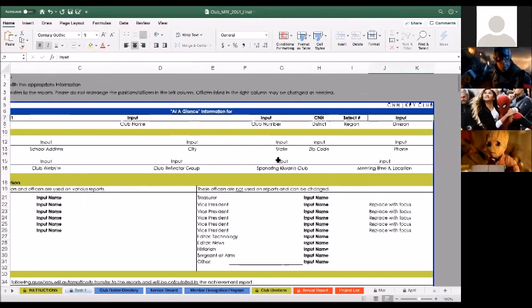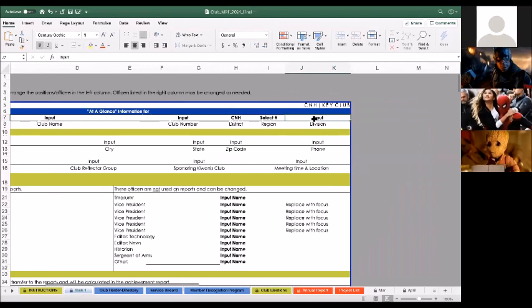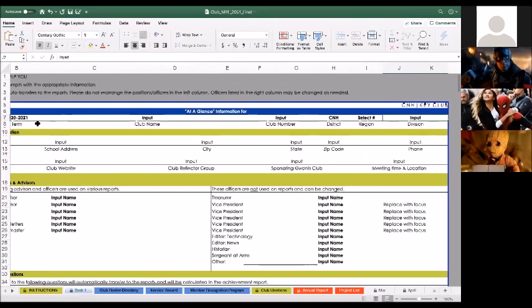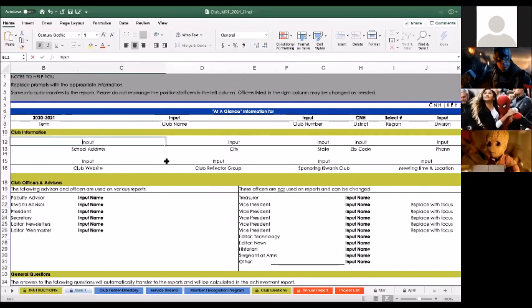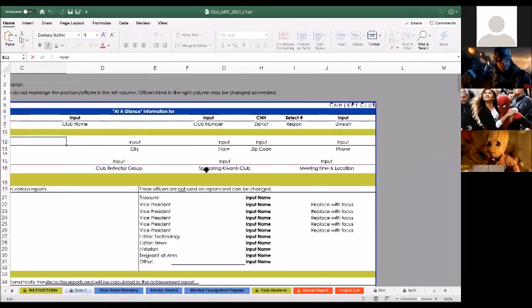So it's pretty self-explanatory. Input all this information like school address, city, state. If you can't find a certain piece of information, you can always ask either your president, LTG, even your past secretary, because their old MRF is bound to have this information.